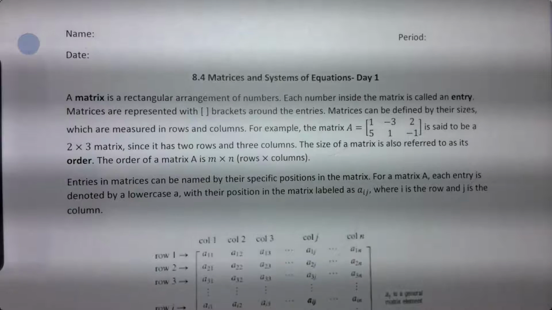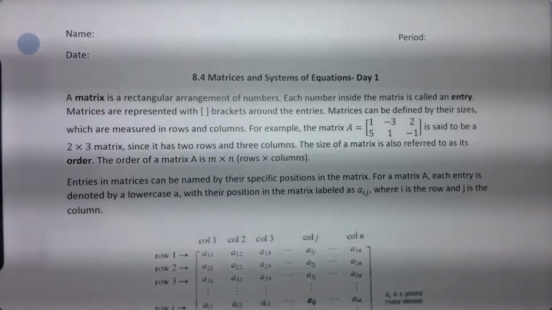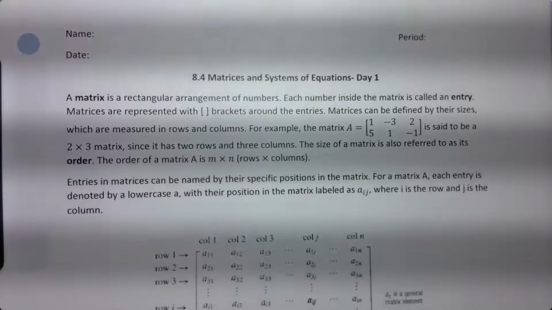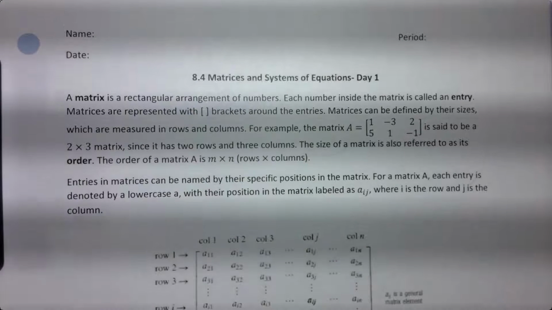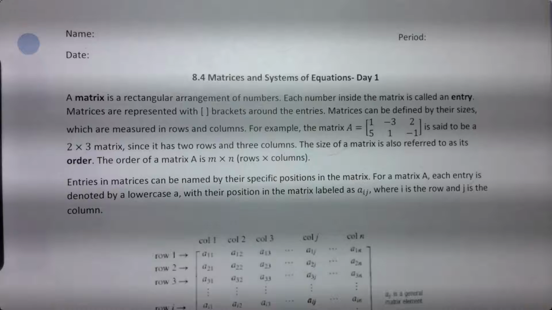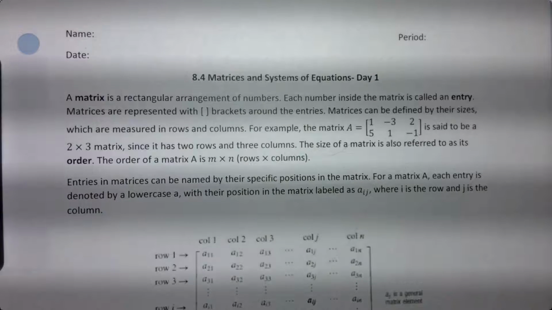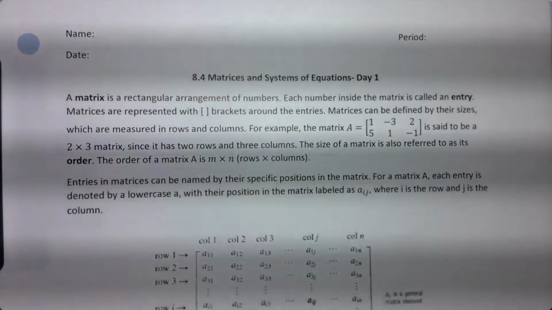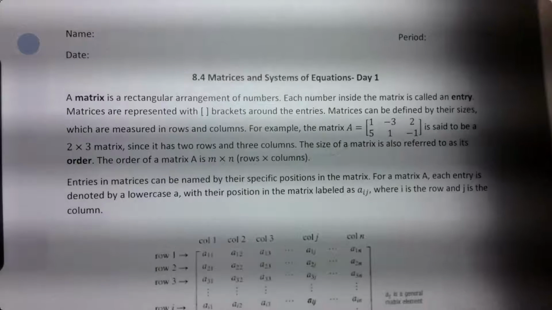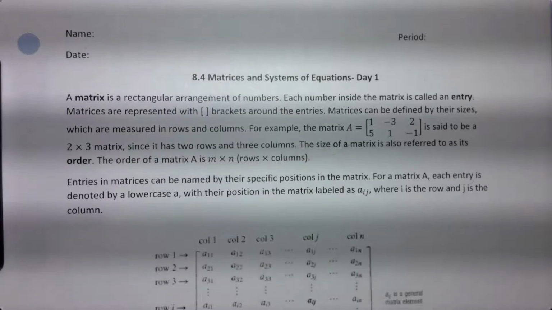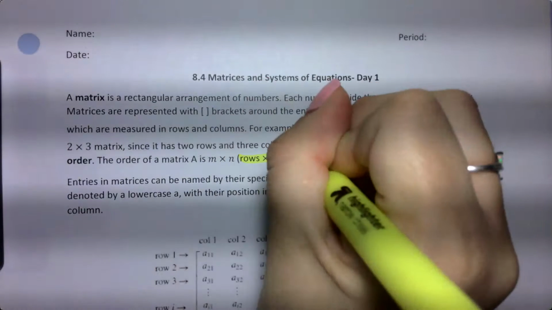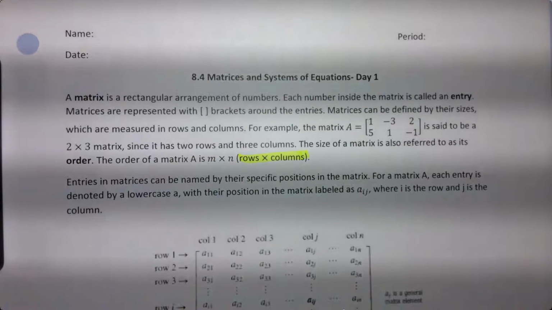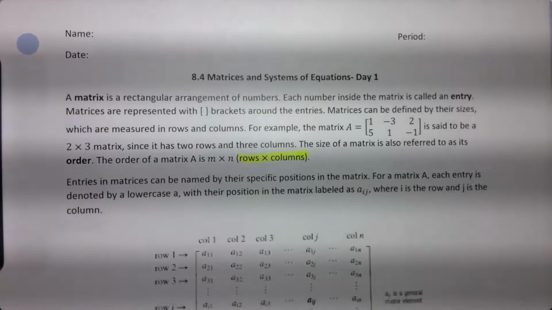In this video, I am going to go over matrices and what a matrix is and how to write an augmented matrix. So a matrix is a rectangular arrangement of numbers, and each number inside the matrix is called an entry. We measure it in rows by columns. So whenever I'm giving a matrix size, it always counts the rows first. So how many across, it's going horizontally, and then by columns, which is how many